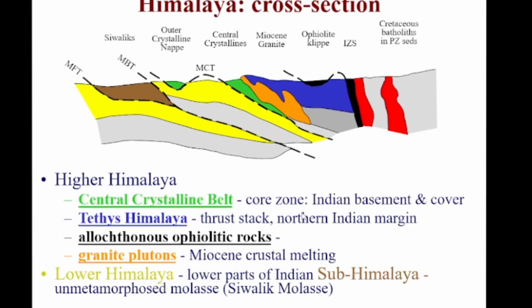And then we have a granite pluton. You can see here the evidence, these are existing in the Tethys Himalaya, and then we have some central crystalline belt. We have granitic leucogranite, a secondary Miocene crustal melting. This is the secondary melting, and they are thrusted here. We can't say thrusted, but actually it is coming into this zone, because if you have a very huge compressional regime and the rocks start to melt, when this melting rock exists in